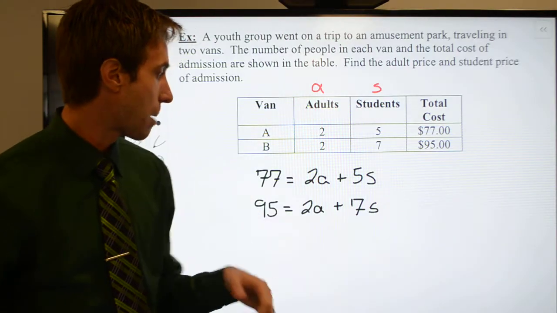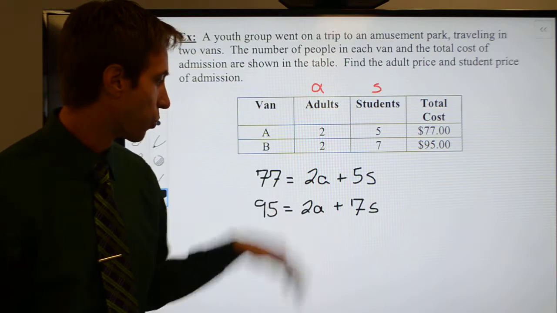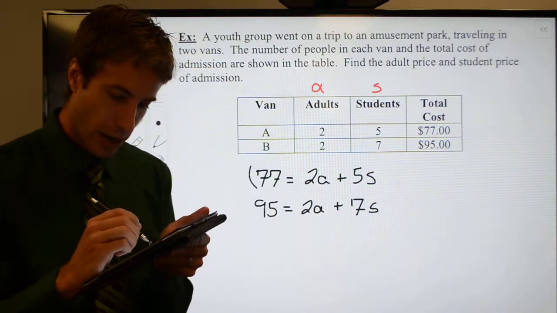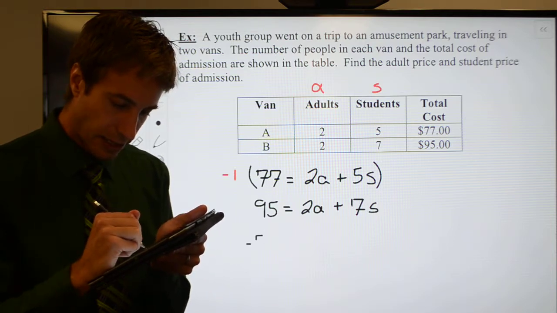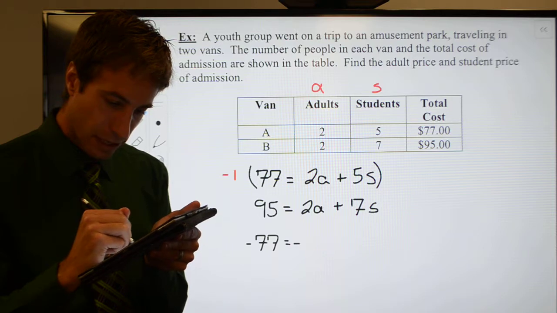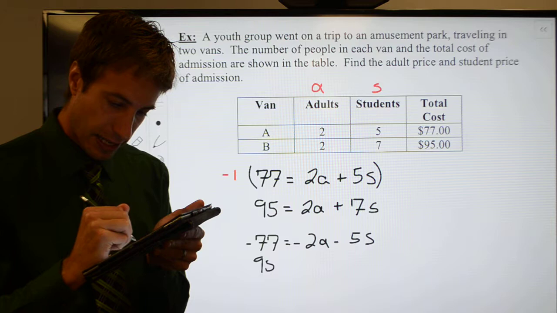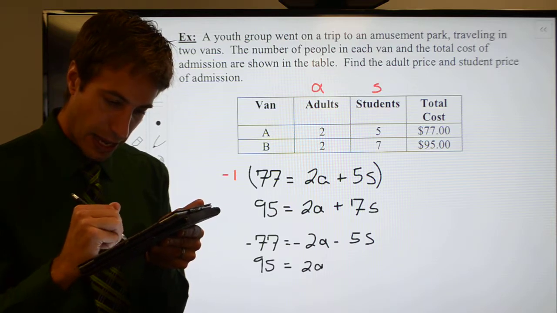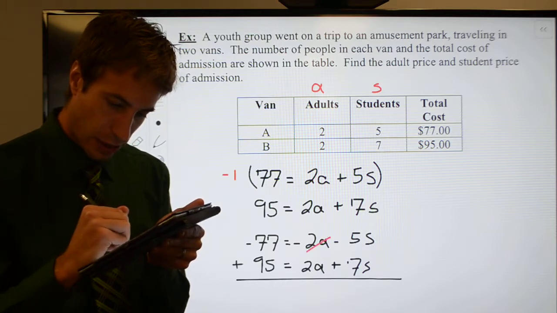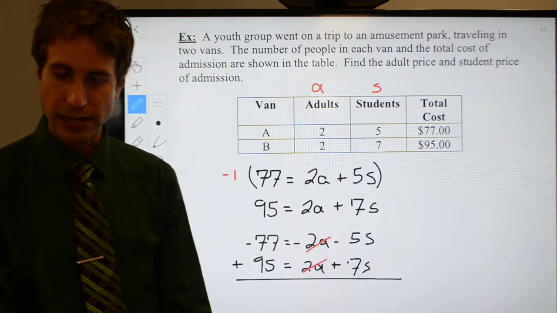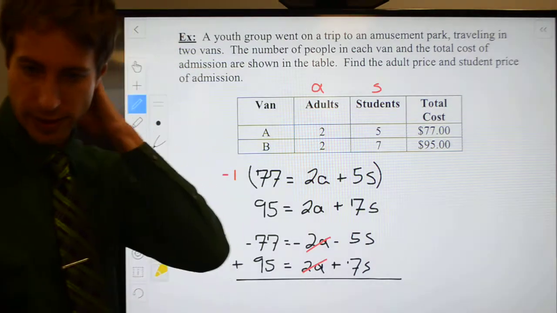Well, this one's actually not bad. I already have a variable with the same coefficient. Just want one of these guys to be negative, and we'll go ahead and make this one the negative one. So that means I have a minus 77 minus 2a minus 5s. I have a positive 95. I have a 2a. I have a 7s. Add them up. A's drop out. And what we wind up with is, let's see here, negative 77. If you've got a calculator there with you, we wind up with, let's see here,